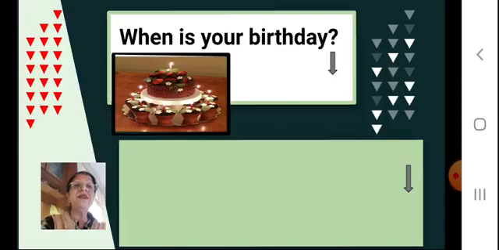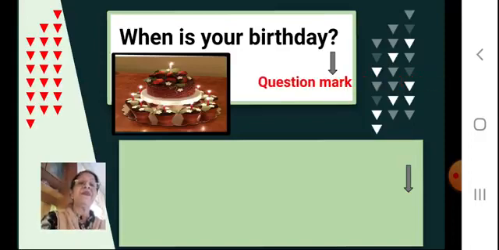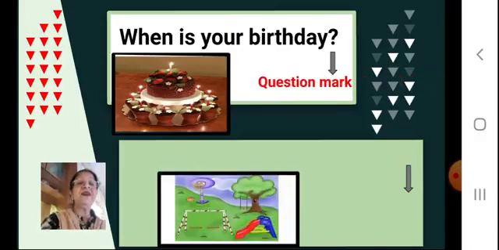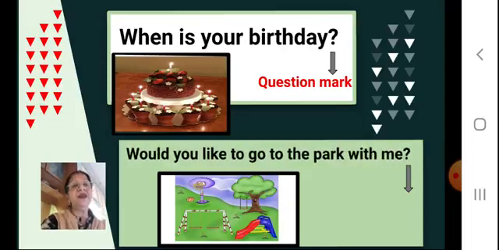When is your birthday? Again, I am asking a question. When is your birthday? So here at the end of the sentence, we have put a question mark. One more example. The picture is there, and would you like to go to the park with me? Again, this is a question. This is not a sentence. So that's why a question mark is put here,